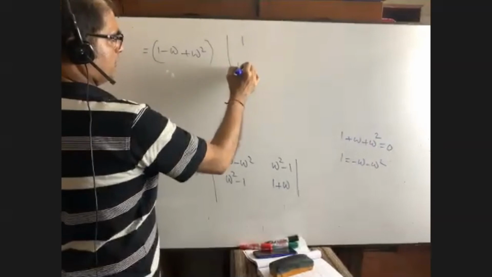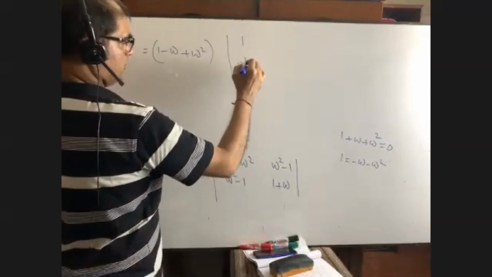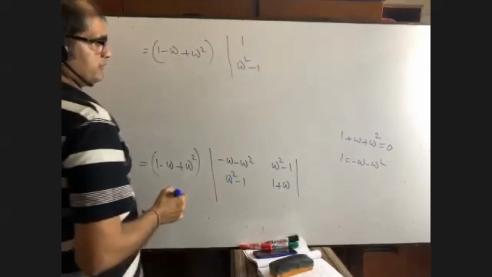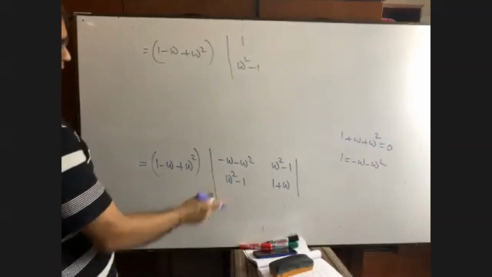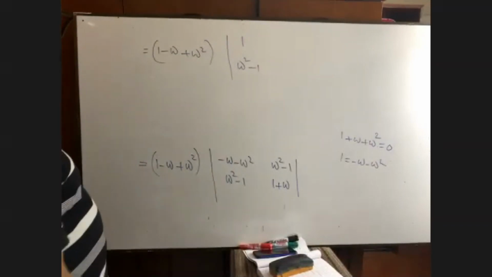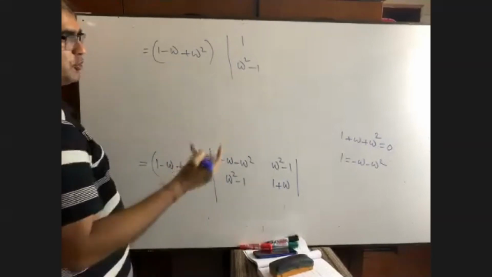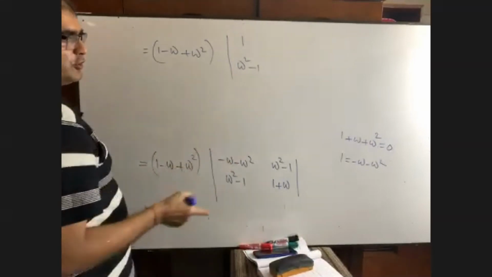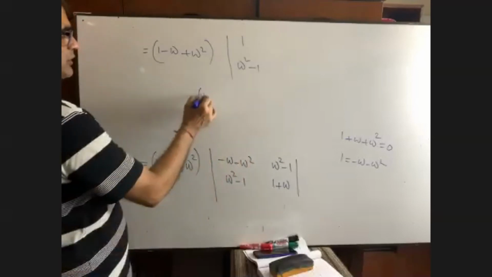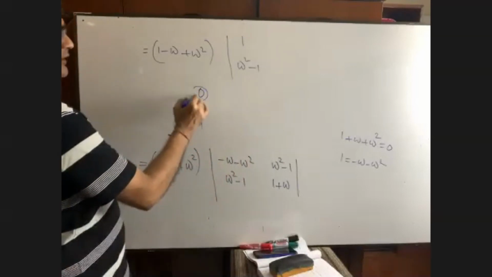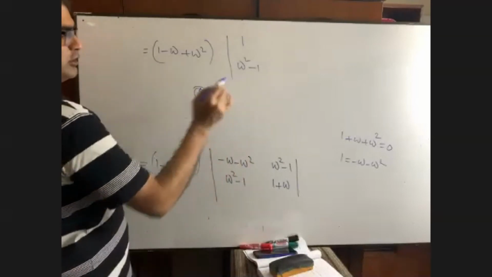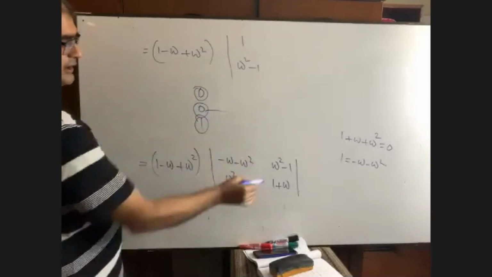Sir, last time, how did it come, sir? I did not understand. This one. Yes, sir. Okay, I have not considered that one. 0, 0, 1. 0 will be 0. First column it was 0, 0, 1. If I take 0, all will be 0. If I take 0, all will be 0. If I take 1, I will get this.